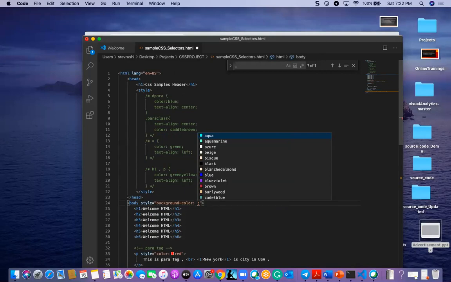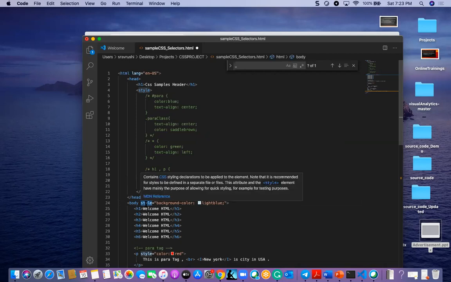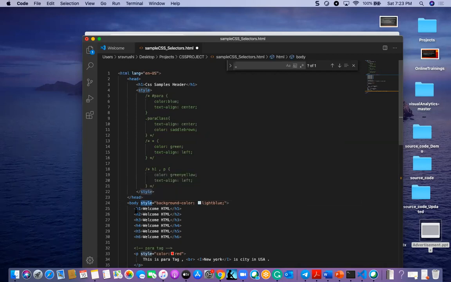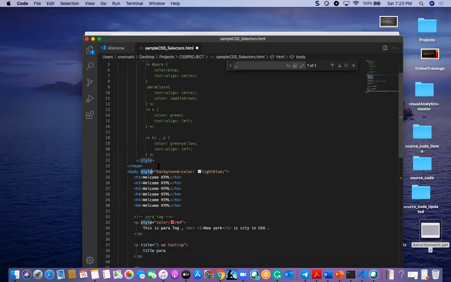So background color is the property name, and whatever value we are giving here is the property value. Style is an attribute, and body is an element. So the body tag is an element, style is an attribute, and inside the attribute I can have the property and the value. Once I give the background as light blue, whatever tags are within this are applicable for background color as light blue.